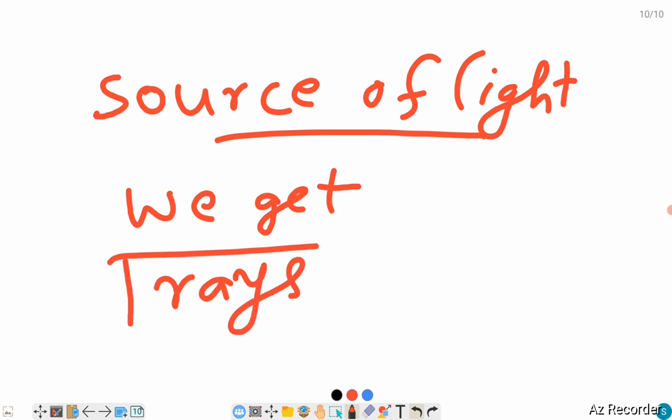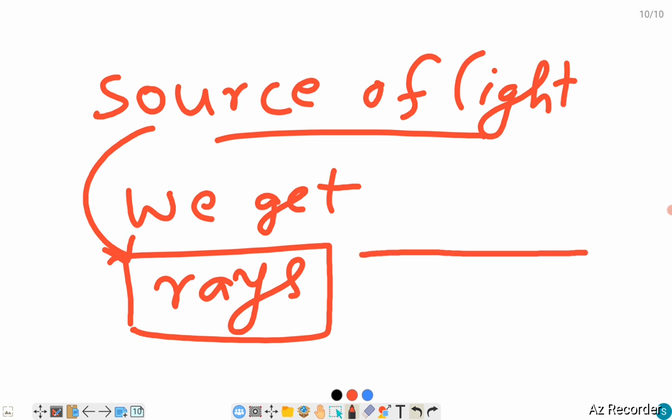Whatever light we get from the source, we call it a ray. Ray means simply a straight line. Light is traveling in a straight line, we have learned. If you take one single straight line of light from the source,